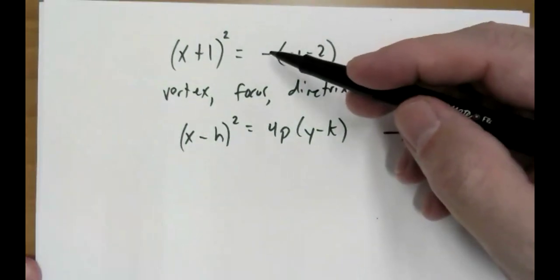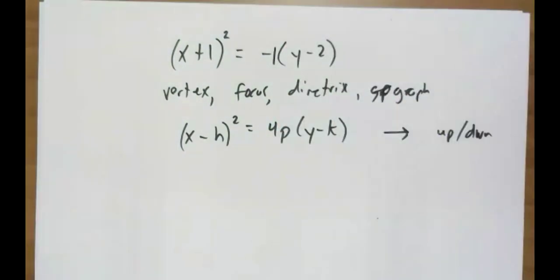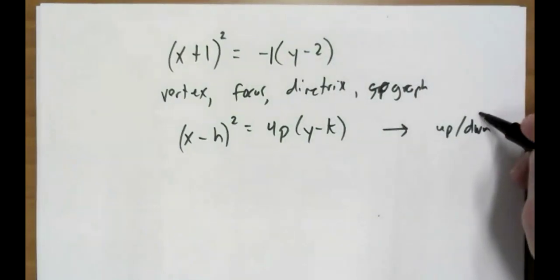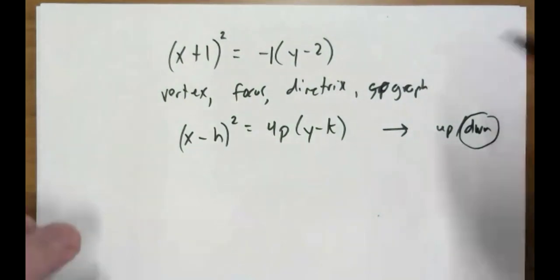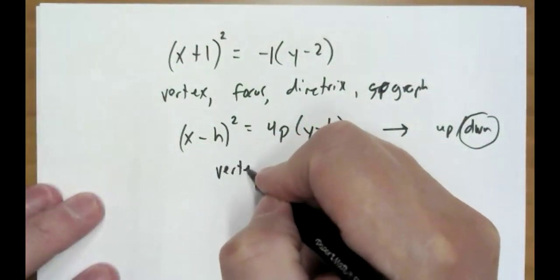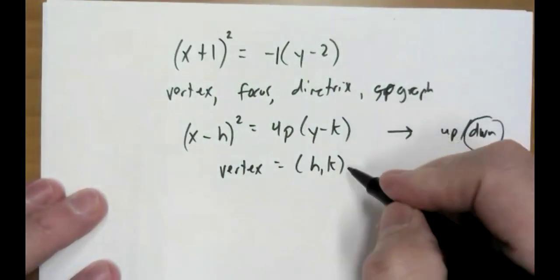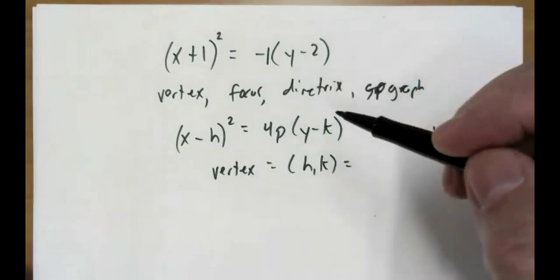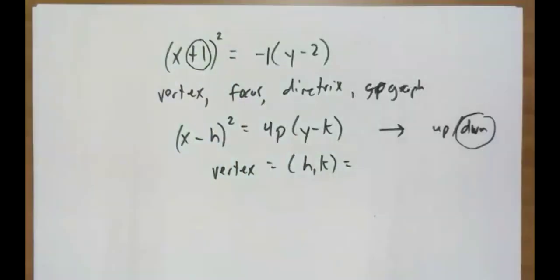And I can right away notice, it's interesting, there's a negative here. If it helps you, you can think of that as being -1. But since it is a negative number here, we know right now it's going to be a down parabola. So the vertex is going to be (h, k). Now, if you take my suggestion, which always helps, h is here, I take the number plus,